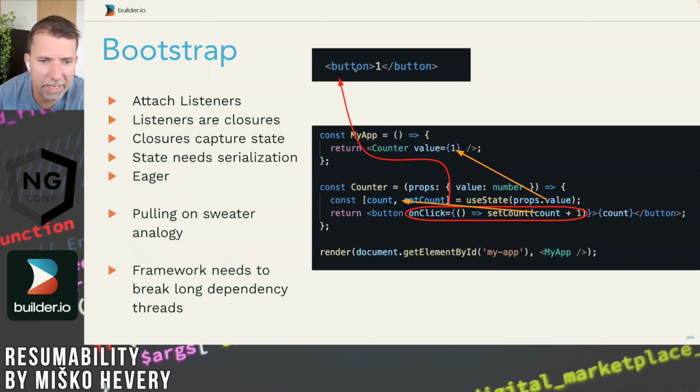And once we do all that stuff, the application is ready to interact. And this is what's known in the industry as hydration, right? But the side effect of the hydration is that we have just executed essentially the whole application from the very beginning. Now, again, this is a simple, trivial application, but I'm using this to kind of start a conversation, right? And so to attach listeners, because listeners are closures, and these closures capture the state of the system,